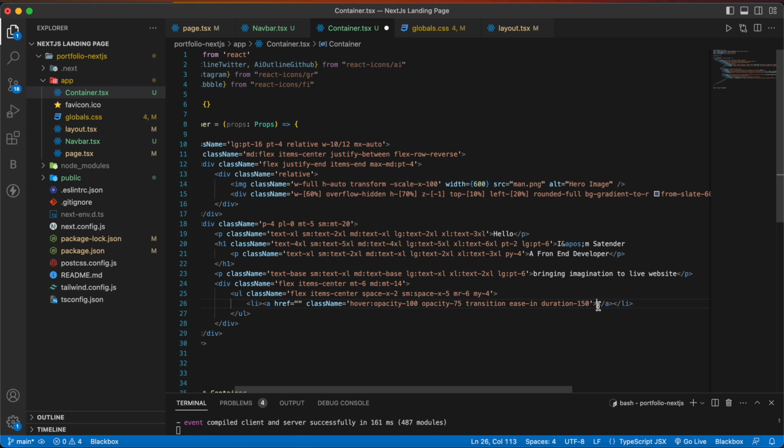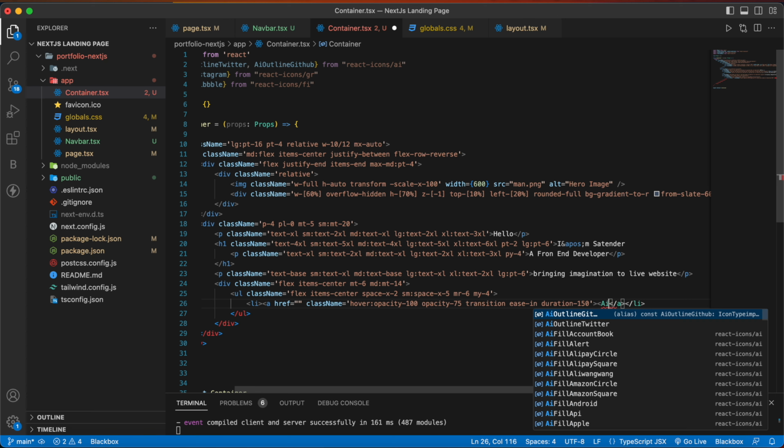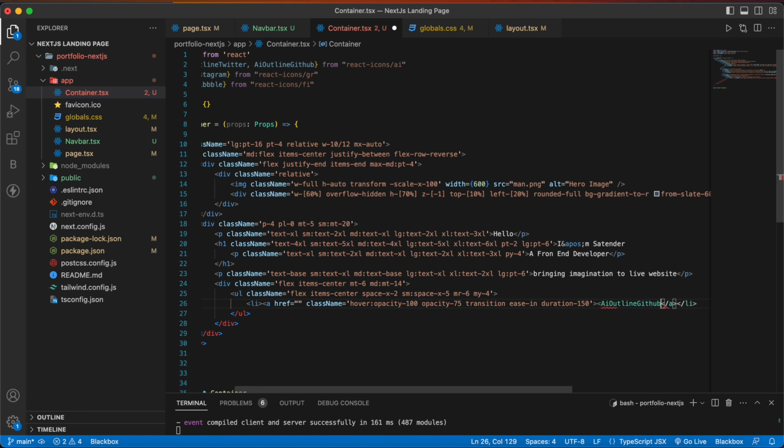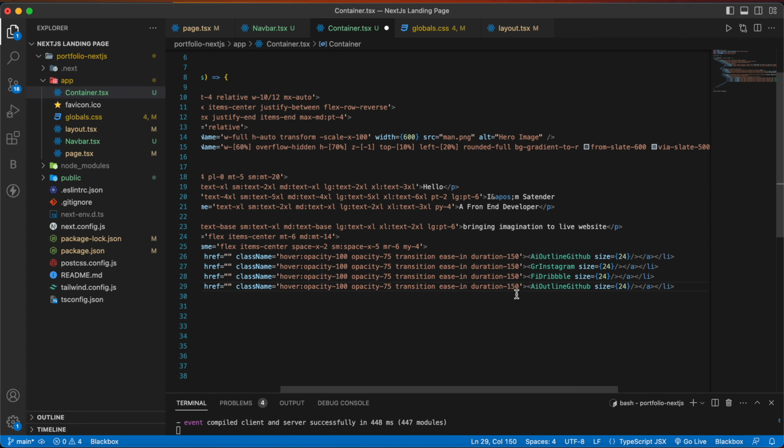And then inside the a tag we are going to have our icons. So first will be AiOutlineGithub, and it will have a size of 24. Similarly, we can have our other icons, same class names.